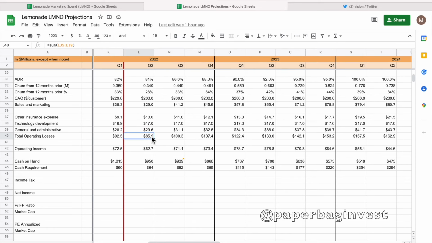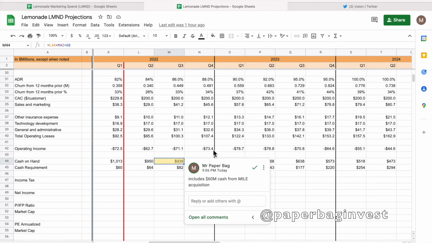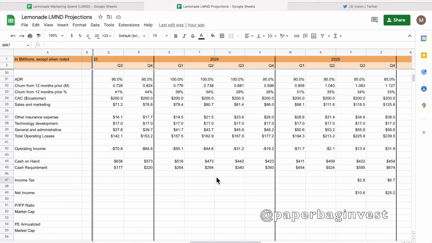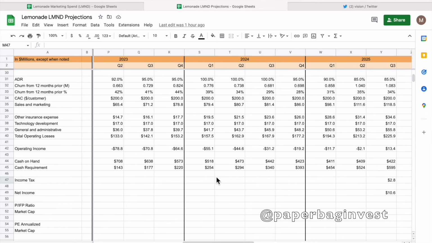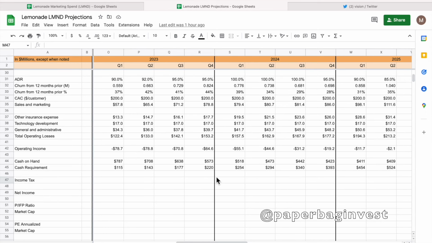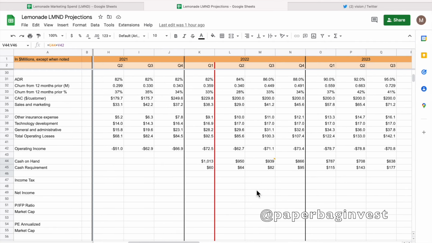And then looking here, I also have the cash on hand of $950 million next quarter after quarterly losses, and your cash requirement of your in-force premium. So this number really has to be higher than this, otherwise they're going to be in trouble or needing to raise money. And so then we start projecting that forward into the future, right? We start rolling that forward, and what really gets interesting is the end of 2024, I think, could be quite interesting. So 2023, we look at operating income here.